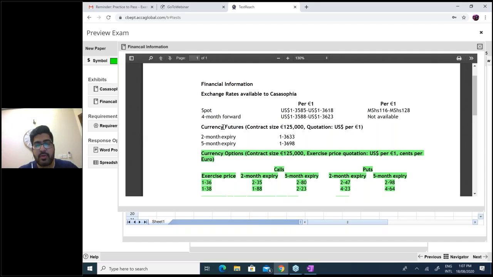If you are receiving dollars, it's a receipt case, you are receiving $20 million, obviously we'll go and sell $20 million. Sell means put option. When you go to the money changer, the contract size is not offered in dollars, it's offered in euros. Had it been $125,000 in dollars, what would I have done? I am receiving $20 million, the contract is also in dollars, I need to sell dollars, take put option.